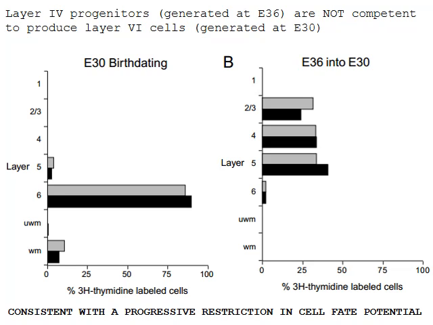These experiments have been interpreted in support of a common progenitor cell that progressively restricts its fate